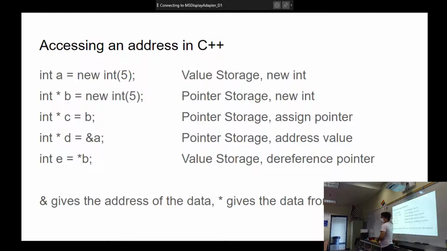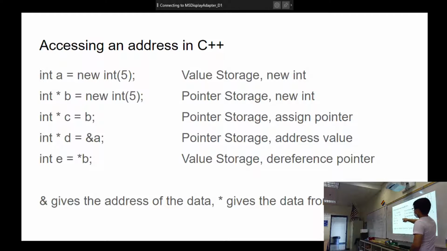So say here, we have a new integer. We have an integer A. We've constructed an integer A, and we've assigned it to a new integer. We've created a new slot in memory for the value 5. So I'm going to draw it over here. If we have a slot in memory, we have a 5 here. And we say A equals 5, right? So A equals 5. I'm going to also put the value down here, A equals 5.